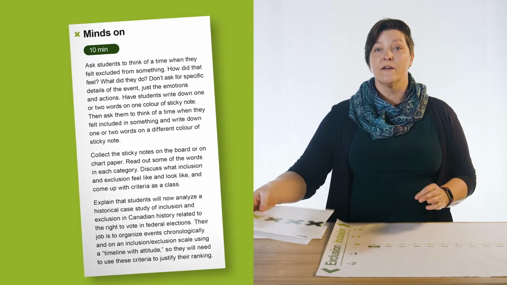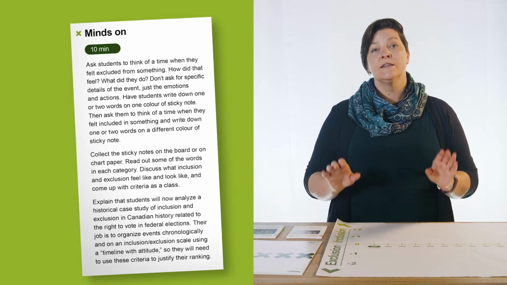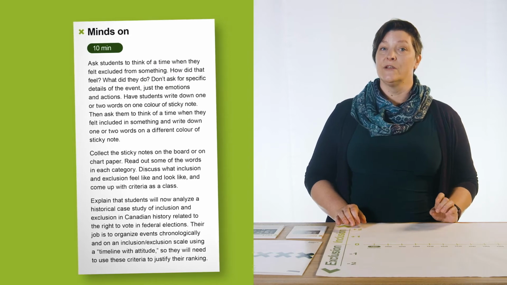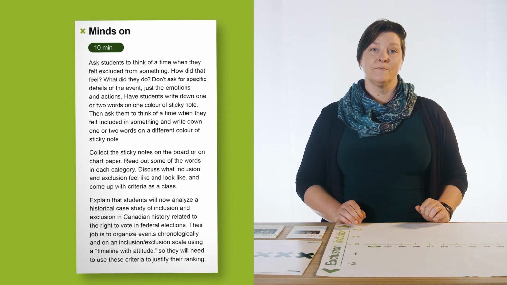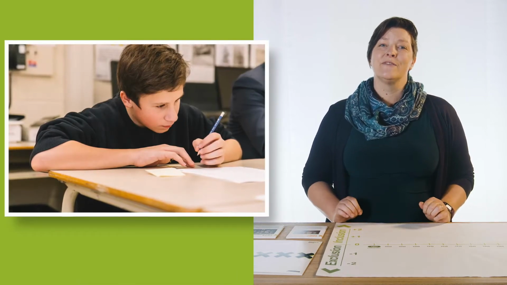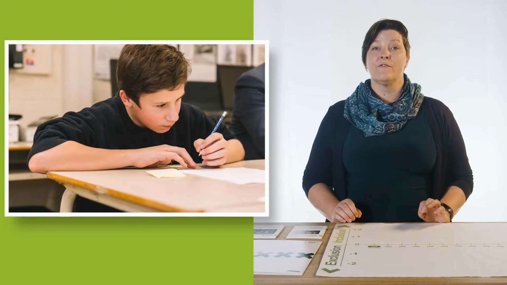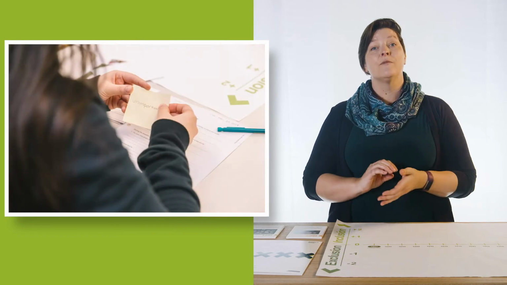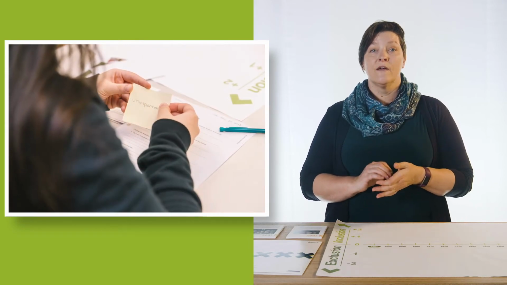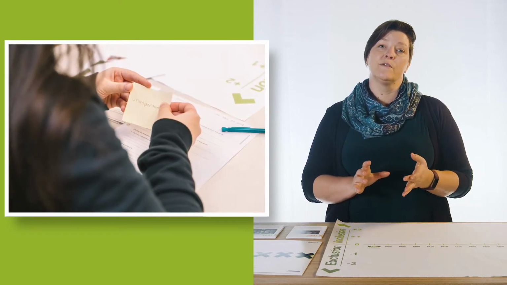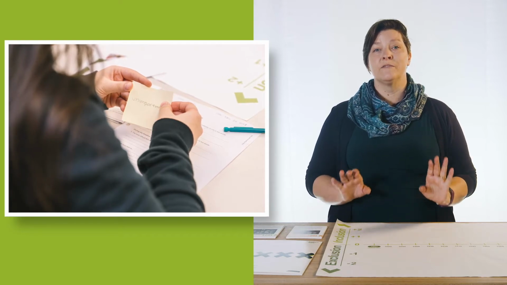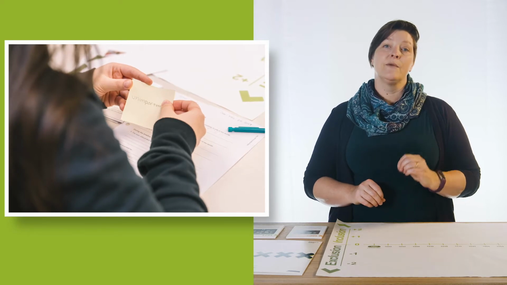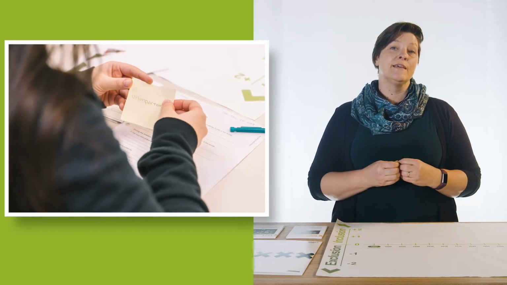The Minds On here is a quick 5-minute activity to help students connect their own experiences of inclusion and exclusion to the big idea of the lesson. Ask students to think about a time when they were excluded from something and to think about how it felt. Then, have them write those feelings on a sticky note. What you're looking for are descriptive words, not the actual events or experiences of exclusion. You also want to make sure that students remain anonymous to make sure that you maintain a safe classroom environment